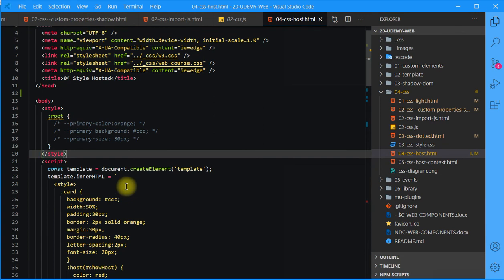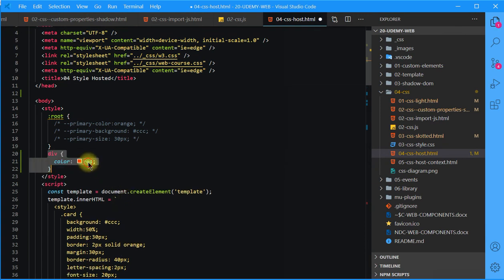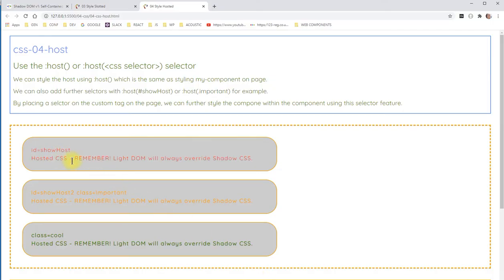Should actually make that a different color. Let's make that green. That's not affecting it. Now, Light DOM does override the shadow CSS in the rules that are actually sort of allowed on the component level, but not with this